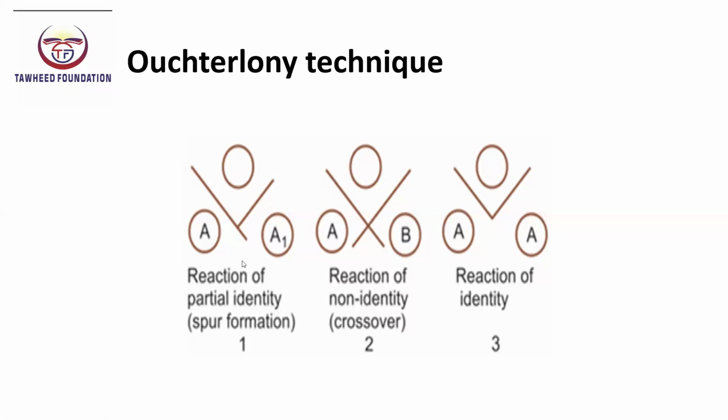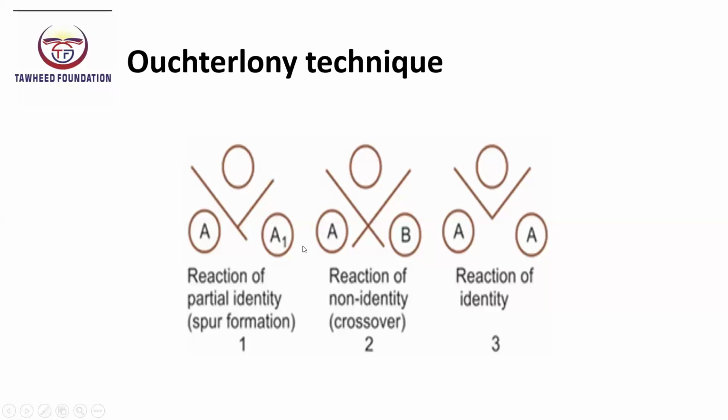So, reaction of partial identity, this is the left side of the image. In the first part of this diagram, you can see three wells. The upper central well contains the antibody, while the other two wells contain antigen A and antigen A1. Notice that the precipitation lines from both antigens fuse together at first, but then form a small spur or projection pointing towards antigen A. This spur indicates that